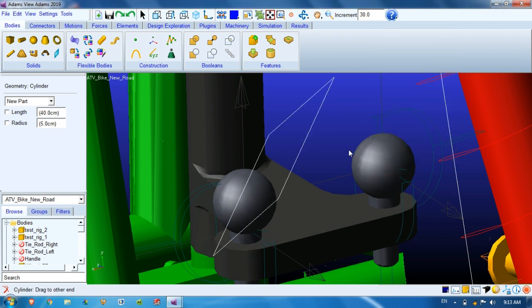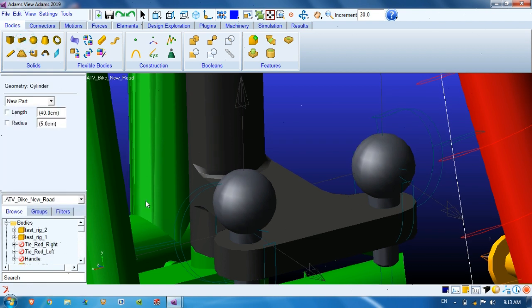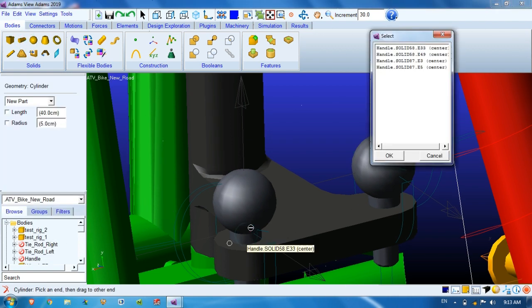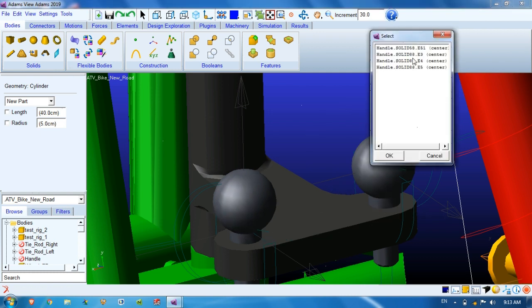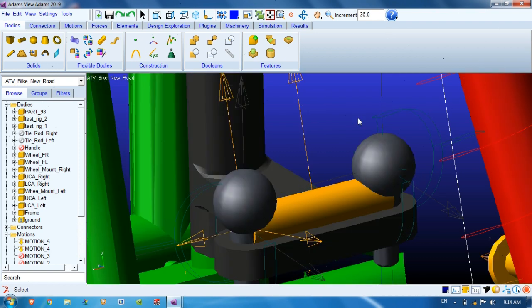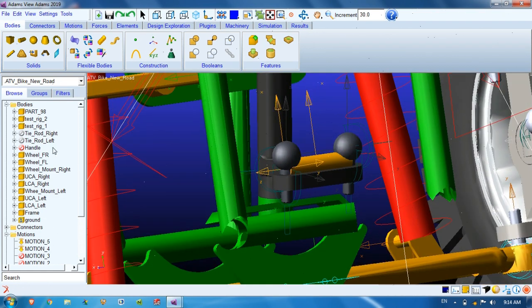Sorry, we'll create once again. We'll take center of this rod or cylinder. So right click, handle, center, okay, and same center at this location also. Okay, so this is a grounded part we have created, so it will act as a dummy part.